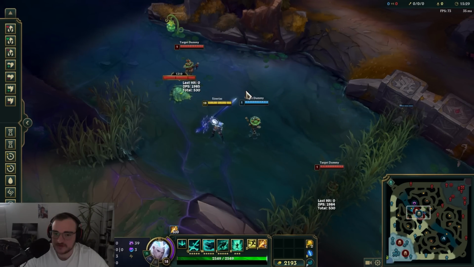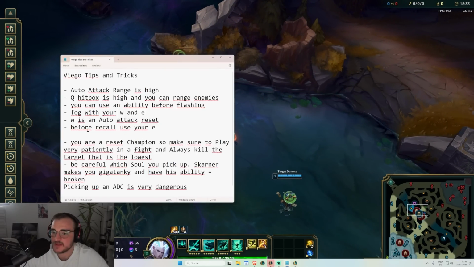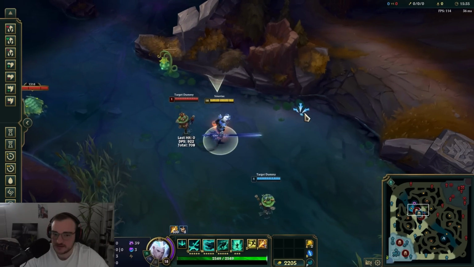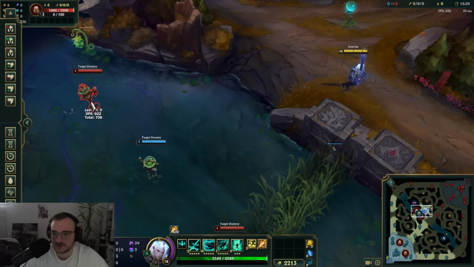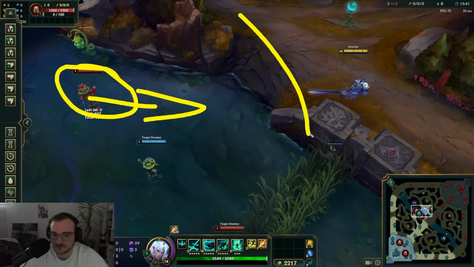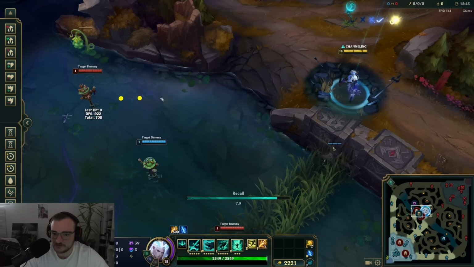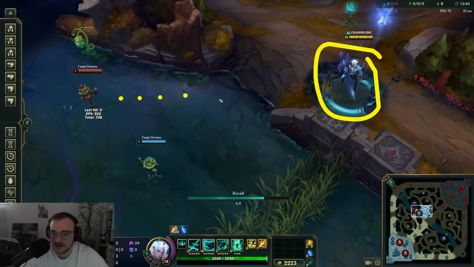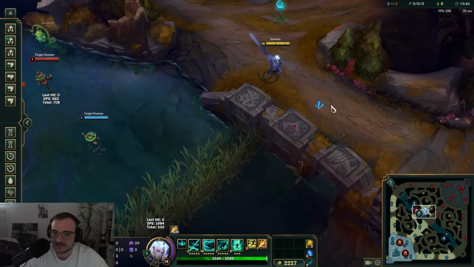W is an auto attack reset, so you auto attack, W, auto attack to burst them quick. Before you recall, you use your E. So let's say here I want to reset, right? And this is a Darius walking at me. Right now he doesn't see me because his range goes until here, right? You can press B. He keeps walking towards you, then he sees you resetting, and then he stops your reset. What also you can do is...